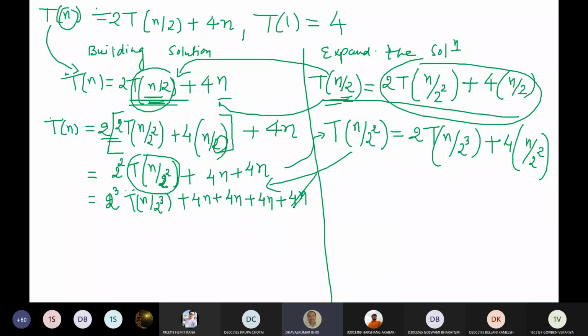Okay. So again, what will be the next term? Suppose if I again expand t of n divided by 2 raised to 4. So can you now try to write down directly what will be the next term here? Please help me to write down the next equation. 2 raised to